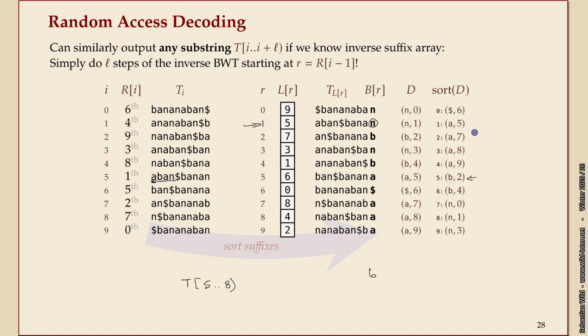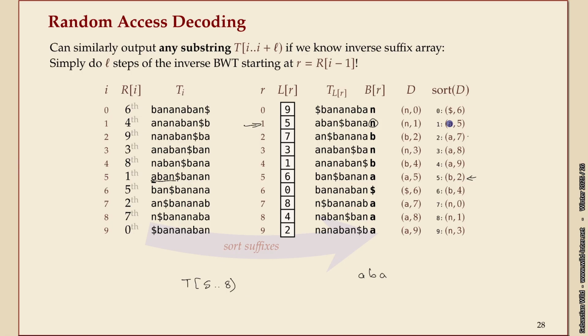Then we should go to position 2. That's here. So we output an A. Then we go to position 7. So we output an N. And that's almost right, except that I missed the A from here, right? Did I make a mistake in the decoding? I didn't output the A here when I arrived. I said we'll land here. We're not using the N, but I have to use the A. I was looking at the wrong column. Okay. So off by ones are tricky, but the decoding step, once you know where to start, follows the same